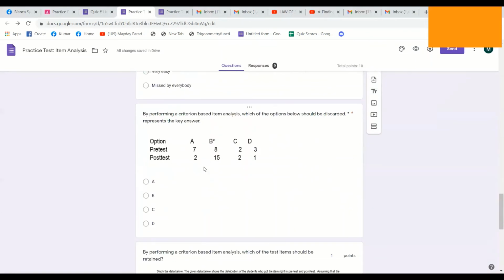Okay. The next item is a criterion-based item analysis. Which of the options below should be discarded? Okay, we will not consider B because that is the correct answer. We should discard the options where